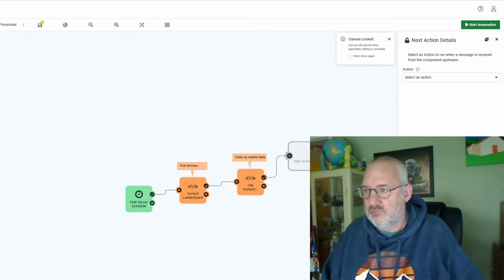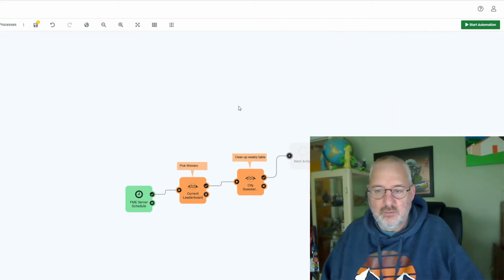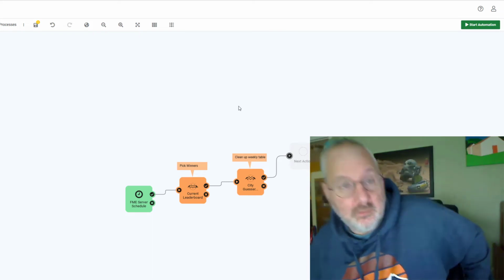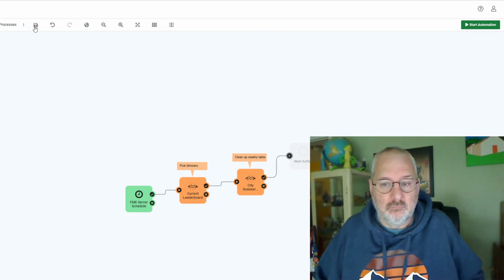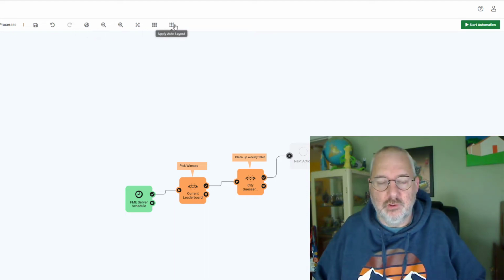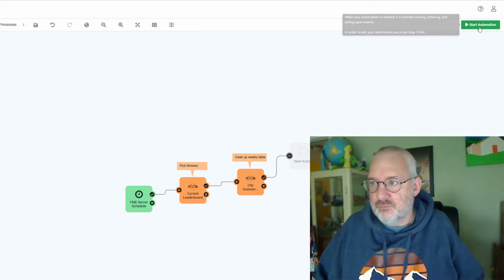Oh, apparently, I have to have that. Okay, well, that's fine. Save again. Says global. We don't need global keys. Toggle grid. Okay, so it doesn't. It says start automation, so I'm going to start that